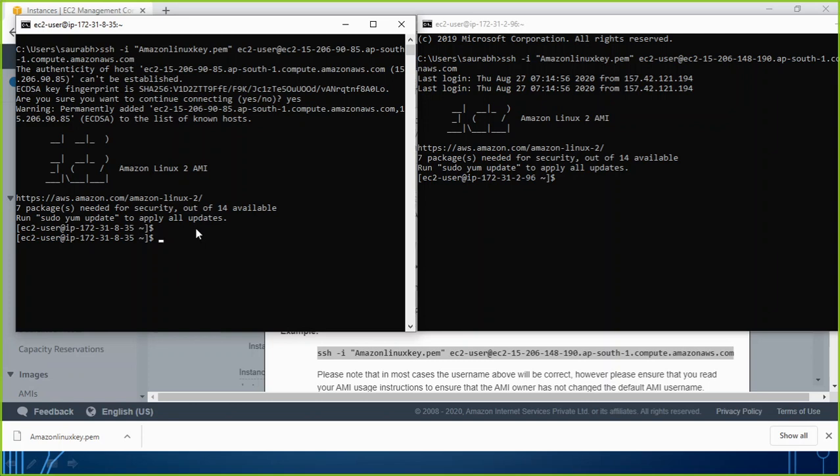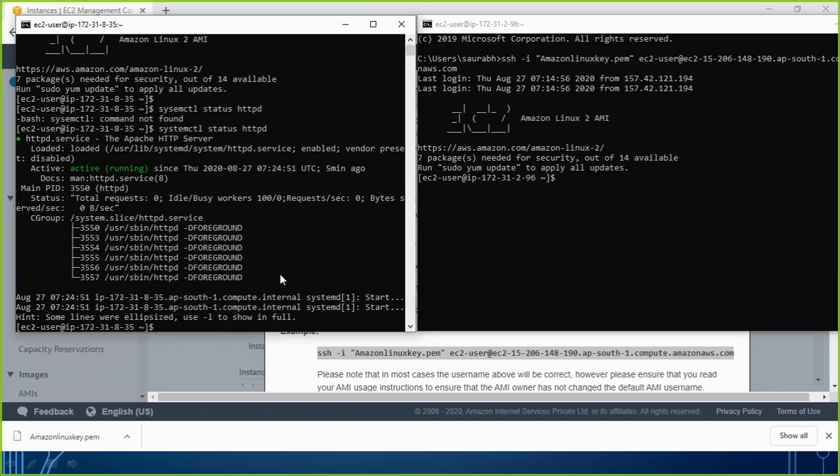So I run the command systemctl status httpd. Sorry for the bad command, it is systemctl. So here you see, this machine was with bash, so the status is active and running.